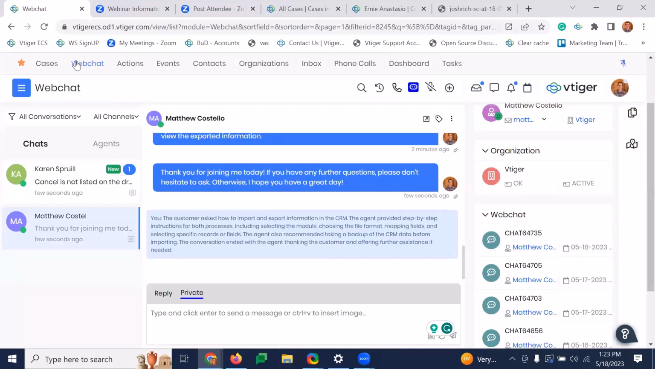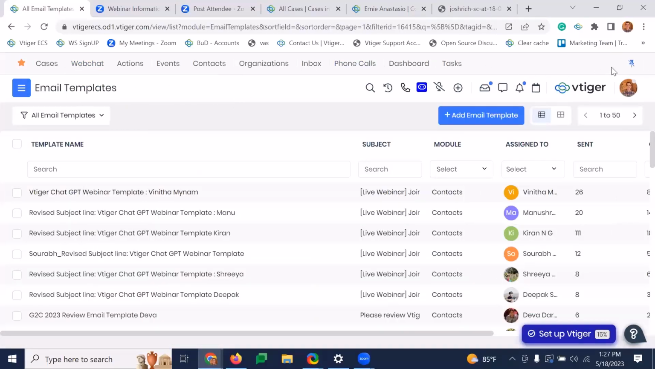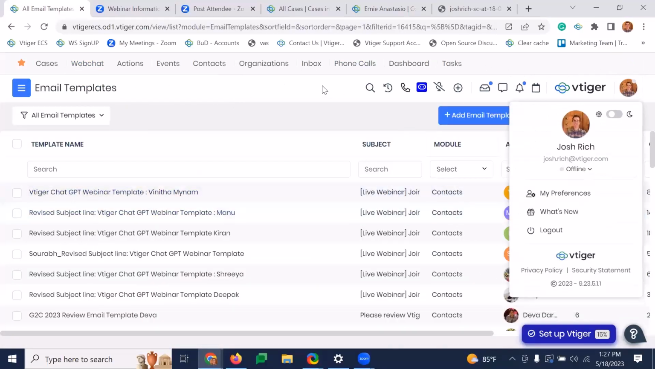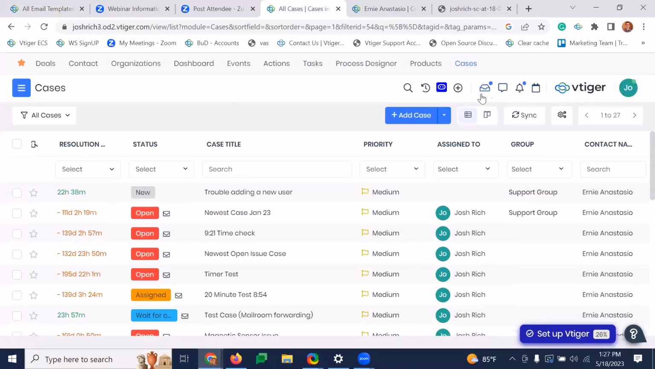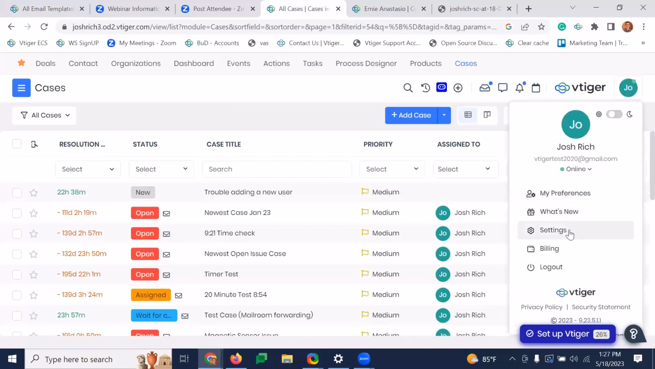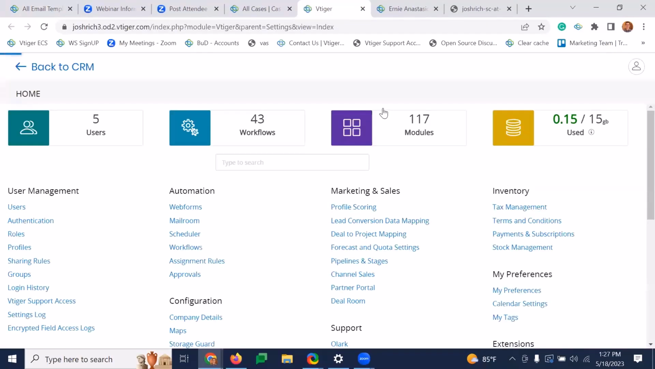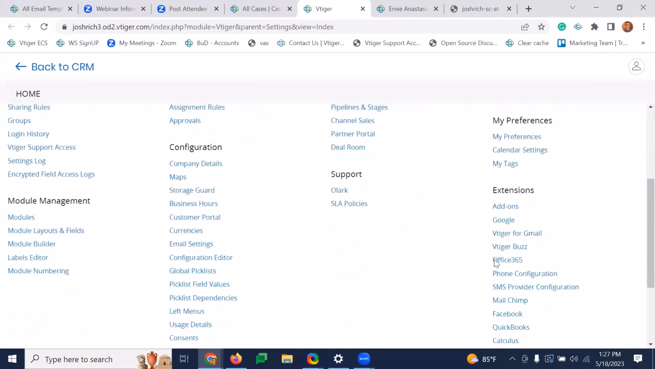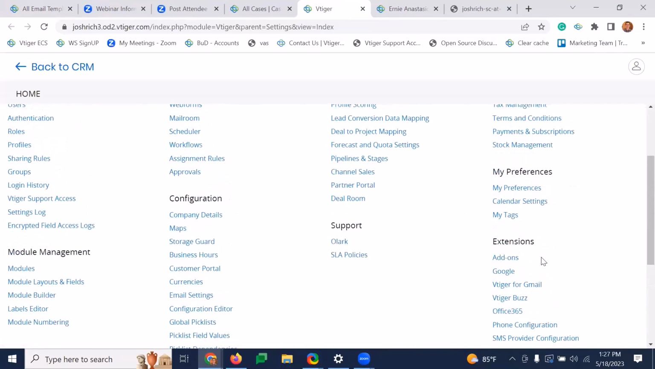So lastly, for the last part of the demo here, before I pass it back to Matthew, I'm going to show our settings page on the back end. We're also going to be improving this, but if you want to see your GPT usage, you can go to the settings page on the back end, click on Calculus under extensions,